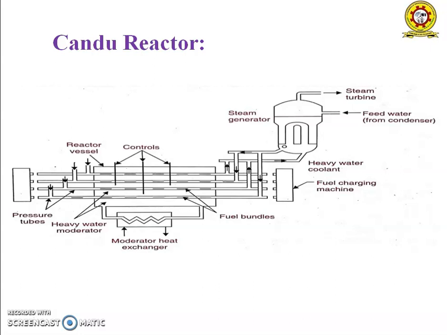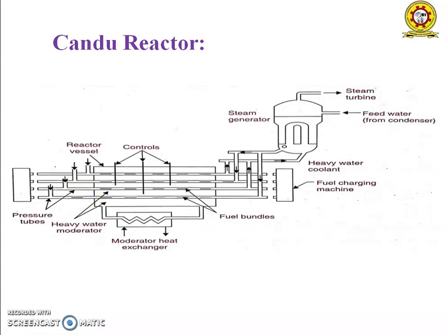And coming to the CANDU reactor, natural uranium is used as a fuel. The reactor is a steel cylinder containing a number of tubes which are subjected to internal pressure. These tubes are also called channels. So these pressurized tubes are called channels,